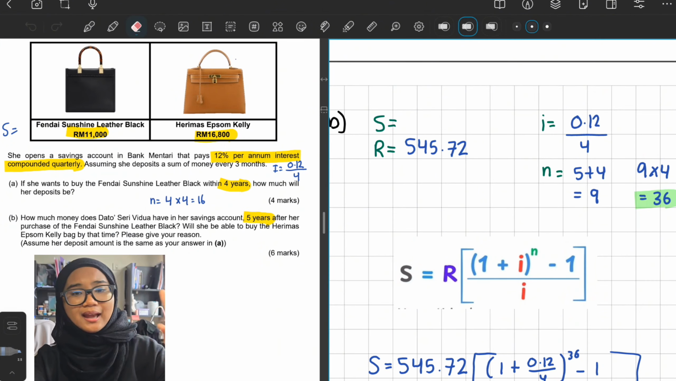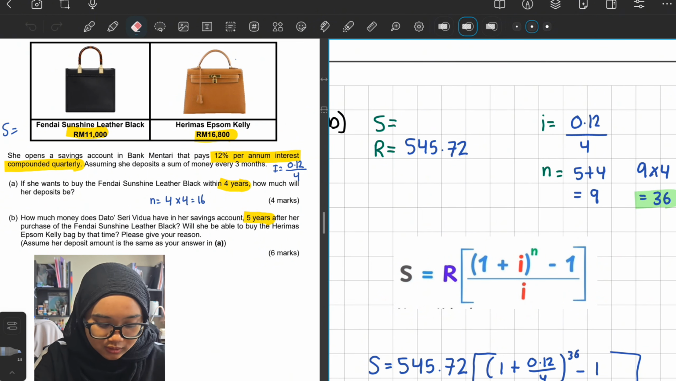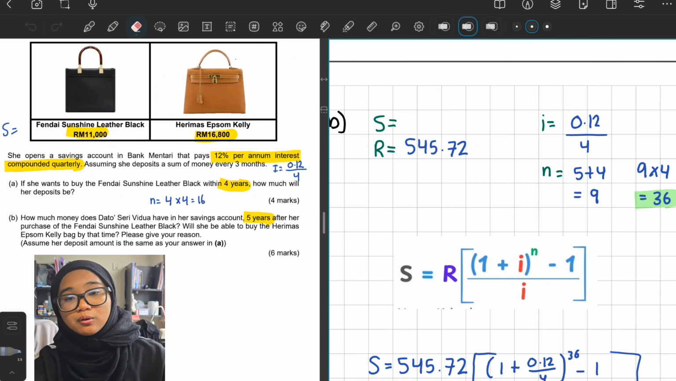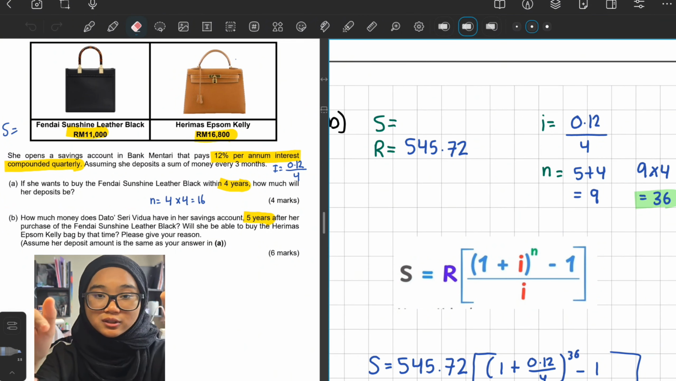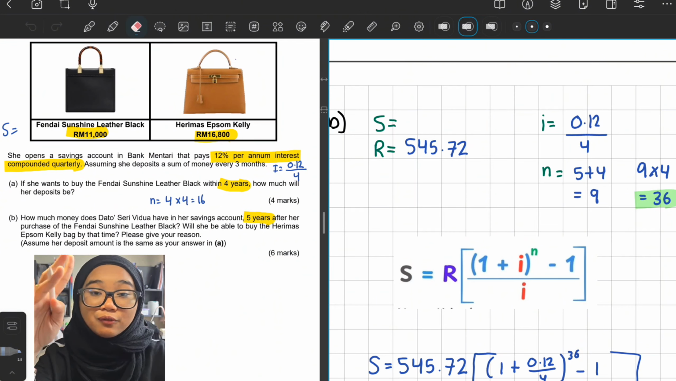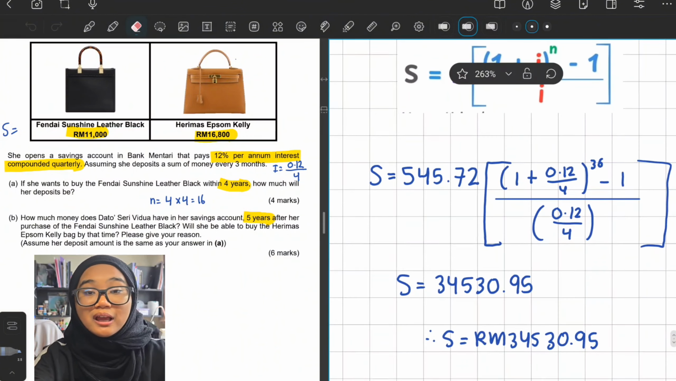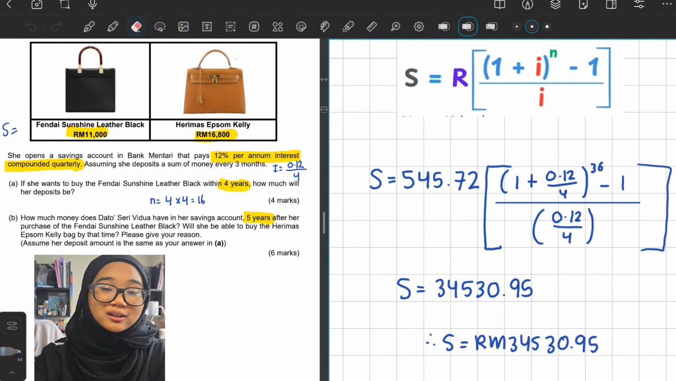And we need to change a bit, because question B says 5 years after her purchase of the Fender Sunshine Leather Black. So from the 4 years, we need to add 5 years more, so it equals 9. But from the 9 we need to times it by 4, because she deposits a sum of money every 3 months. So 9 times 4 equals 36. We already get all the information, and we already have the formula, and you know what to do,